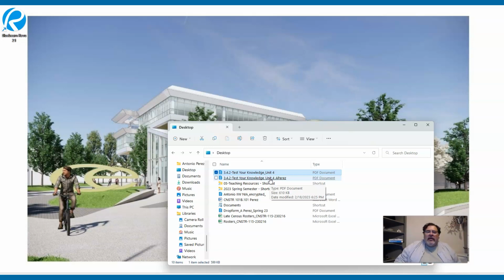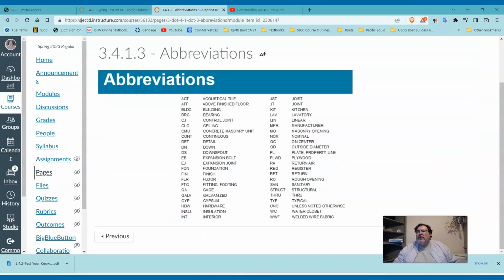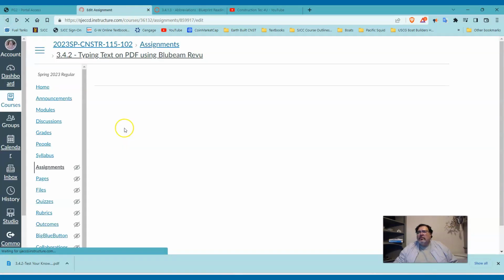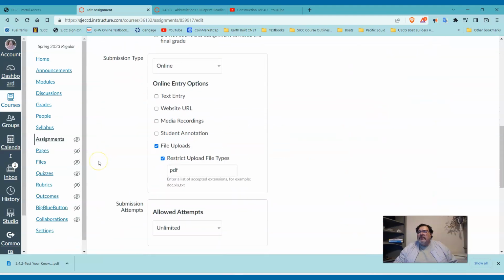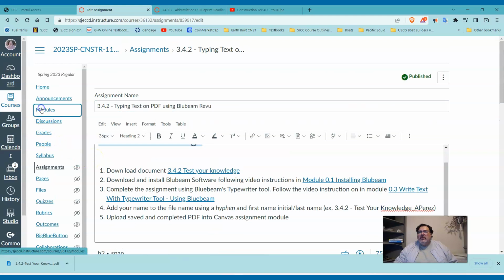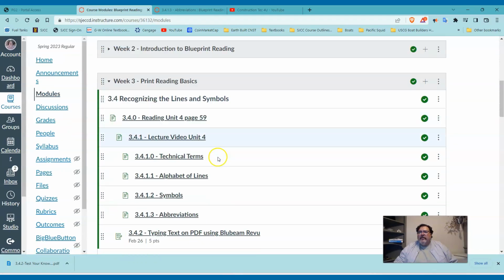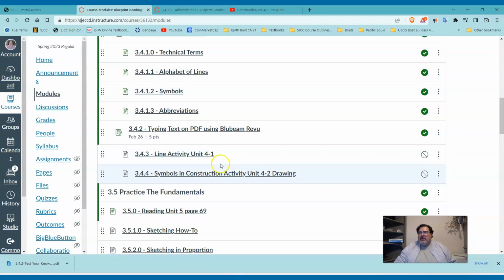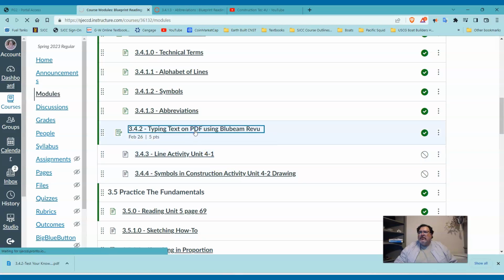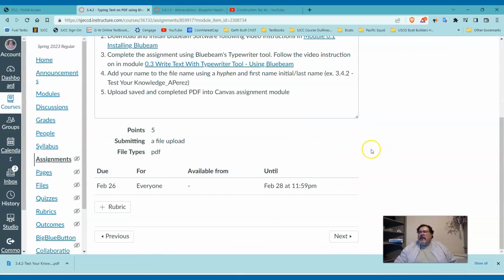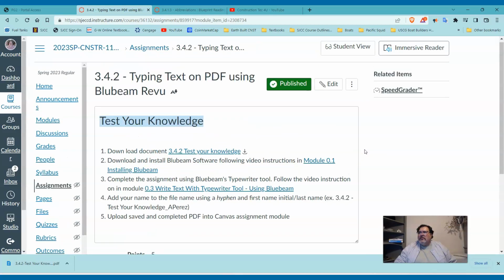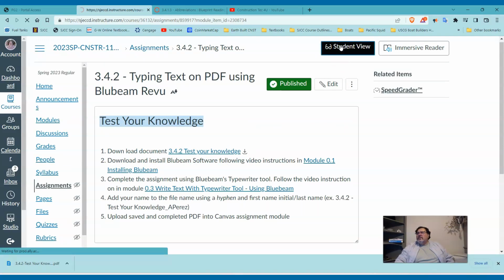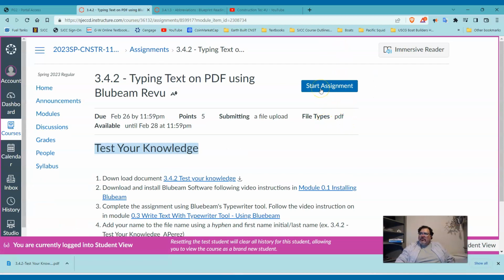So now we're going to upload that into Canvas. So let's go to Canvas, go into your browser, go find that module, and we want to perform that assignment. This is the module. So let's go find that assignment. There it is. Now it's ready for me to fill out. I go to the student view and I'd start the assignment. You'd click start the assignment,